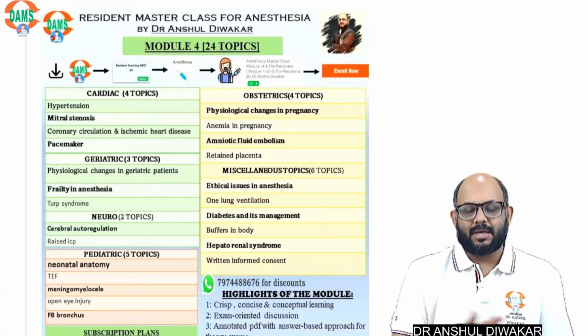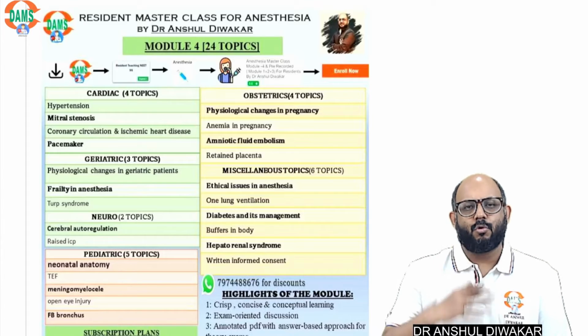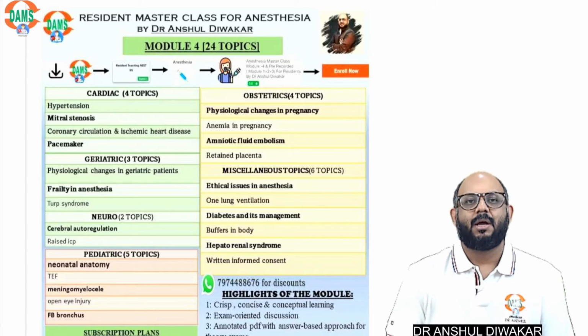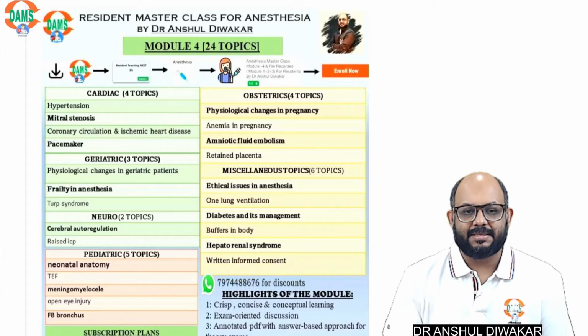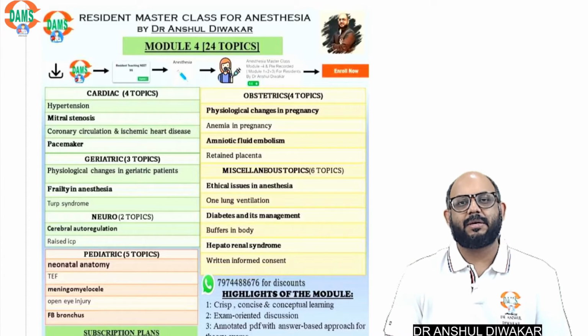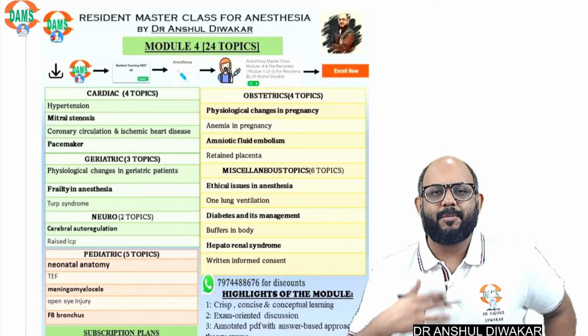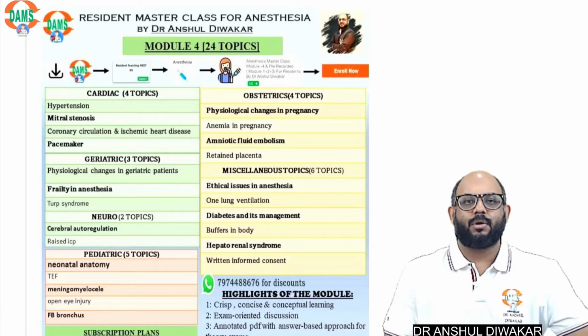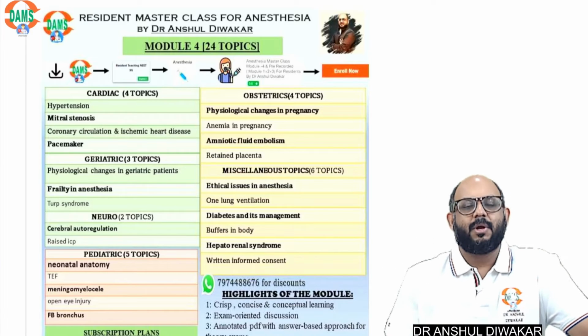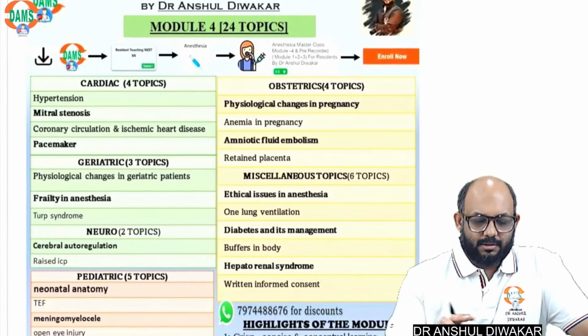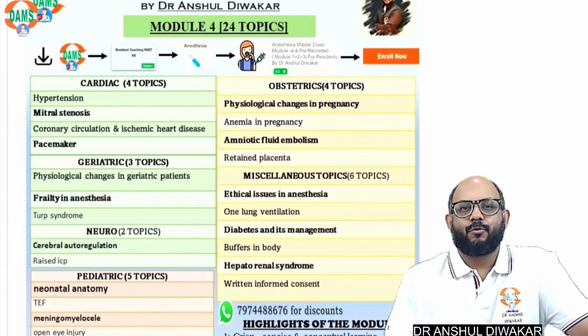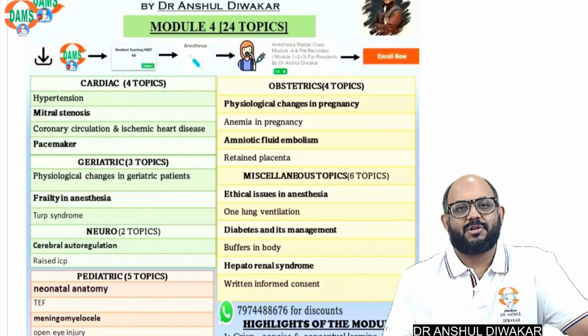And with this current module, I am covering the most important 24 topics in the coexisting diseases in anesthesia, along with their notes, how to write in the exam, and a lot of exciting stuff that we do on our dedicated WhatsApp group. If you look closely at the topics, we have four very important topics from cardiac anesthesia: hypertension,